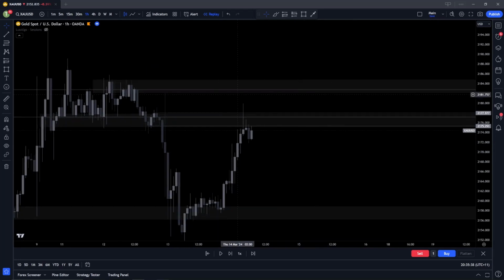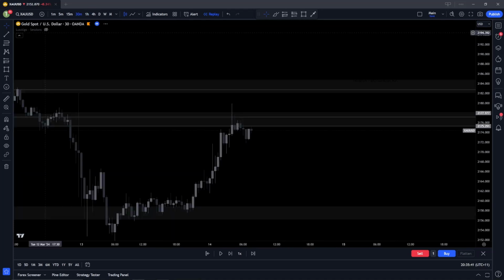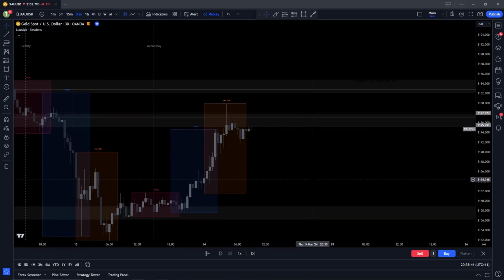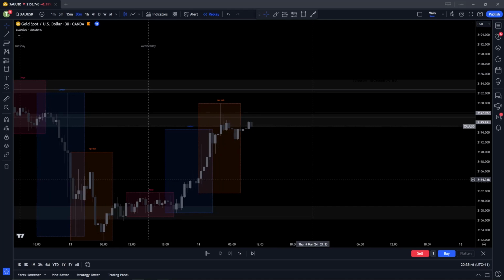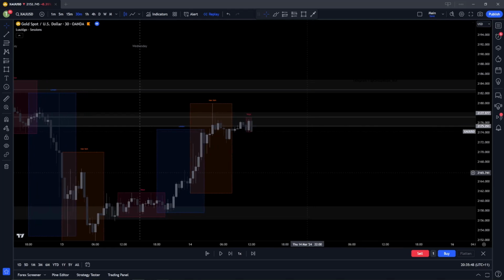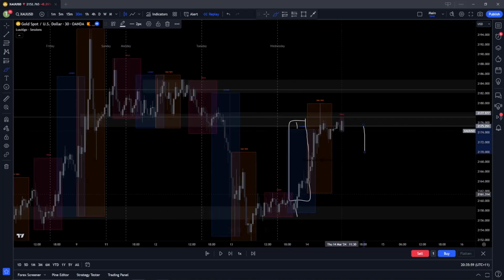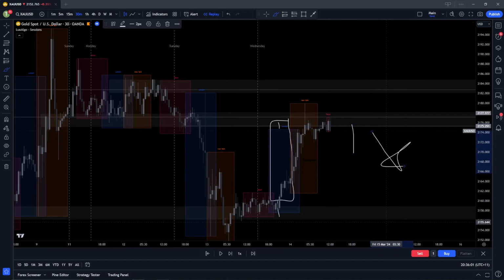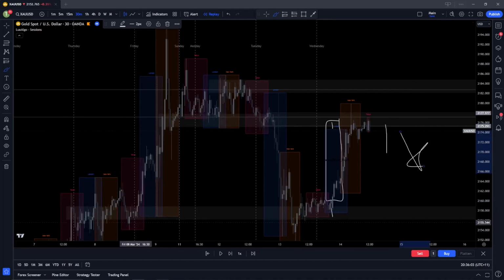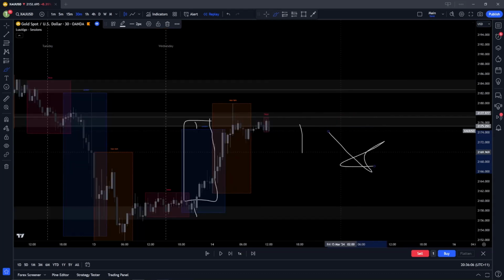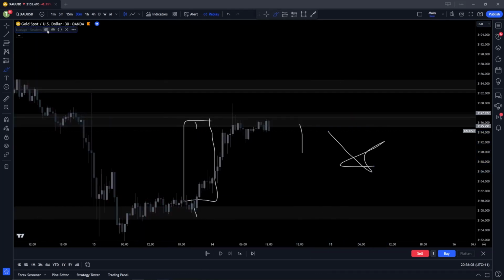Maybe I can look for a reaction here. So I'll wait for Asia session to open, Tokyo open. Keeping in mind, remember, on the daily this was a bullish candle close, so I'm looking for it to create that bottom wick at least. But 4-hour structure is looking like it's going to be a bit bearish to reverse because we broke these previous lows here after making it higher. So I'm just looking for a reaction to this zone with my short-term bearish direction.